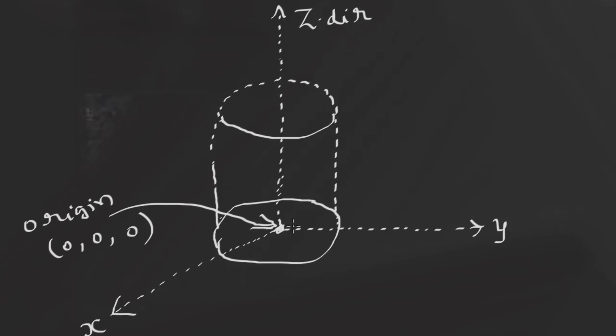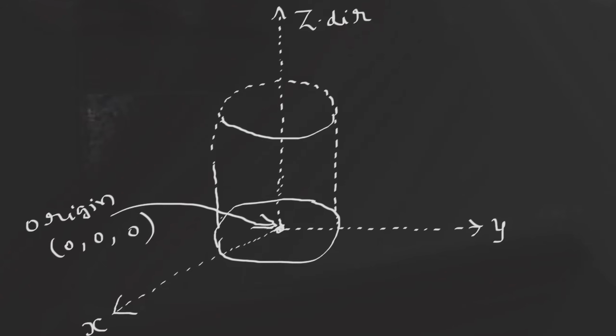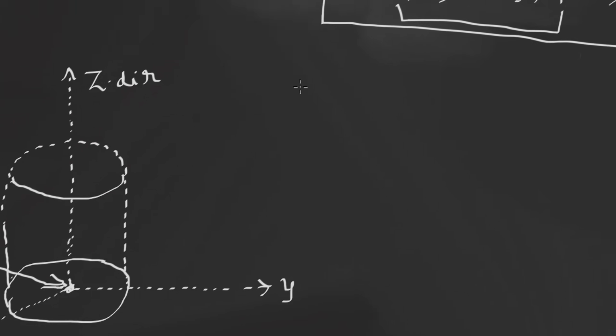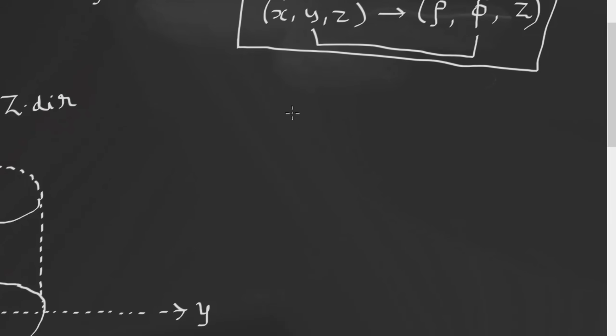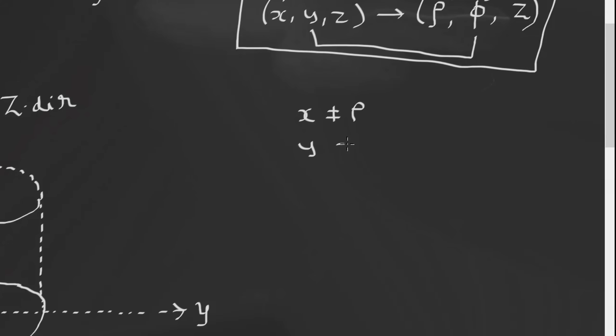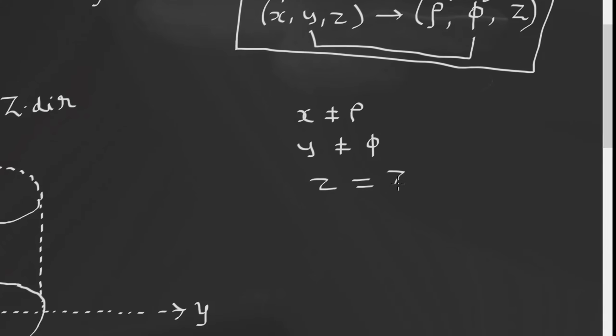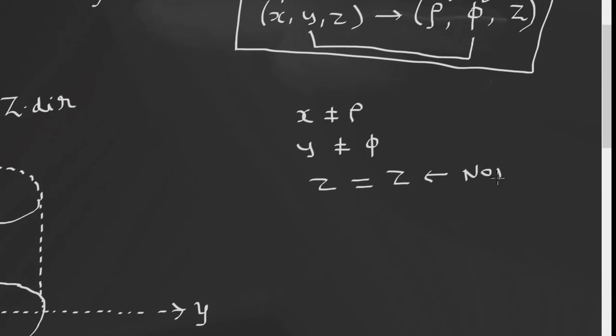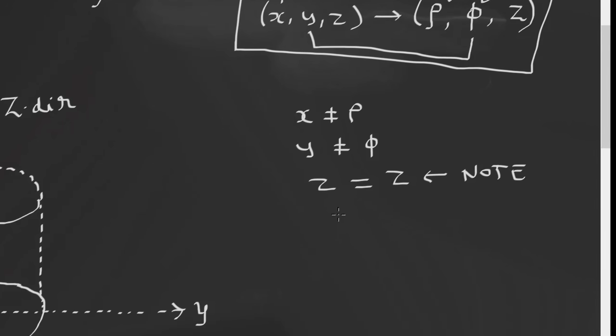Right now we are going to have two of them coincident. The x, y, z is Cartesian. So this x, y, z is also equal to rho, phi, z for the 0 case. For the 0 case it will be the same, but for the non-zero case they are not equal. You should understand what that means. Not equal means the x value and the rho value are not equal. The y value won't be equal to phi. The z value is equal to z. So this is the thing you have to note.